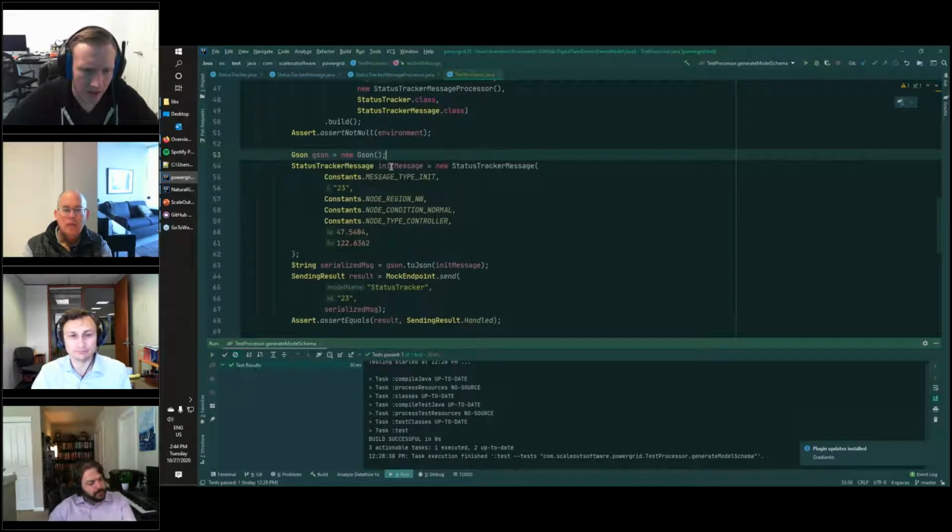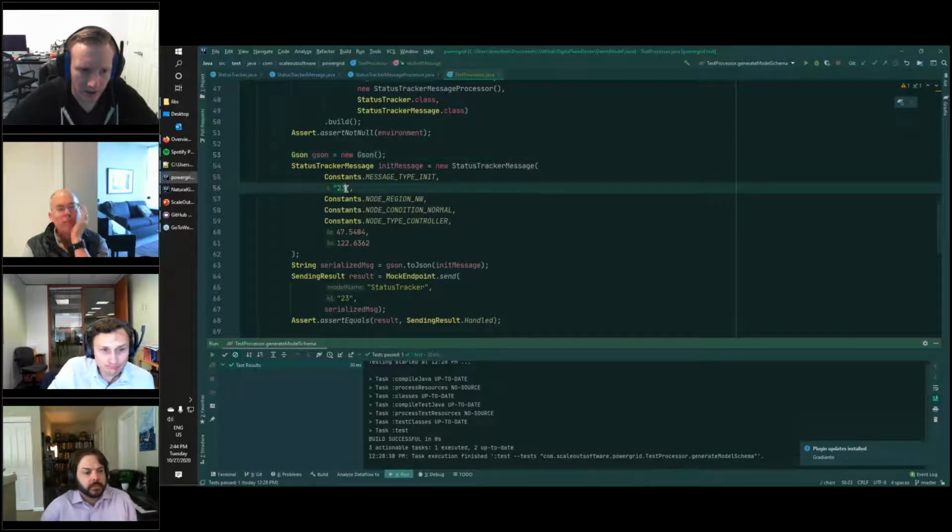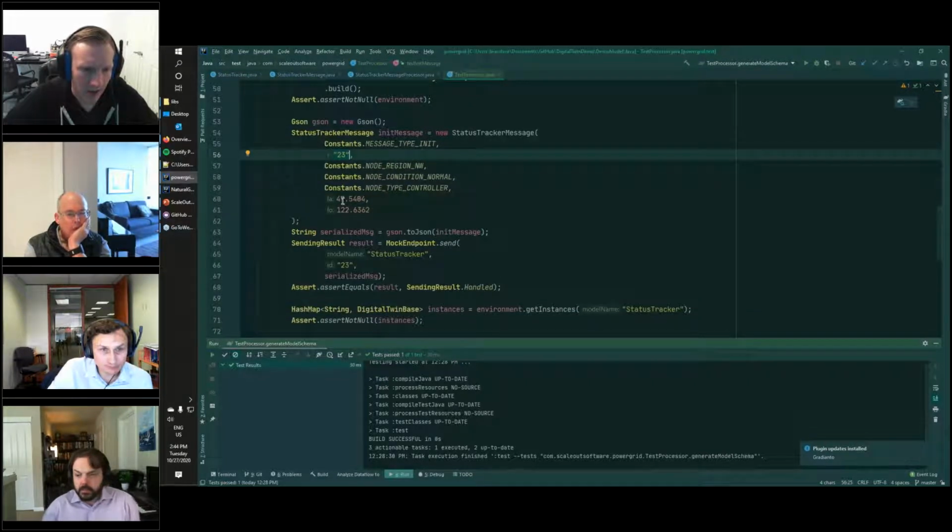I'm going to create an init message, which is a status tracker message where I've set the type to init. I'm going to send it to instance ID 23. I'm going to set its region to the northwest, its condition to normal, and its node type to controller. After that, I'm going to set its latitude and its longitude, and then I will serialize the message and then